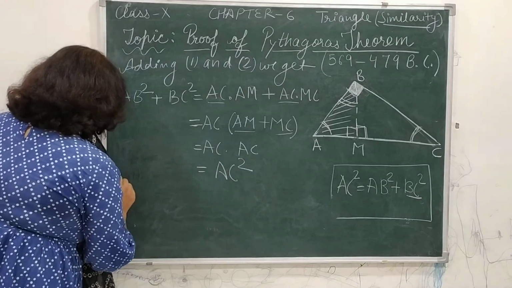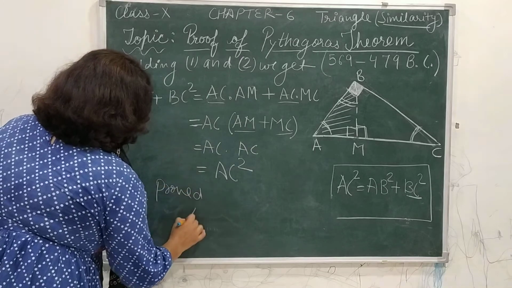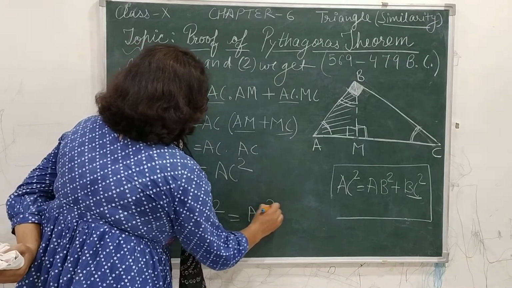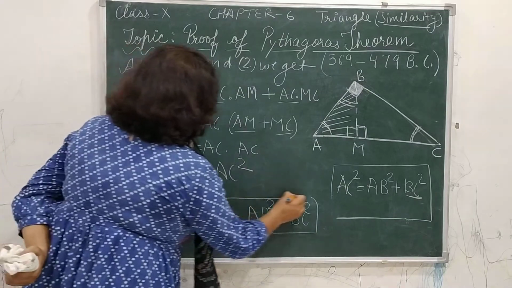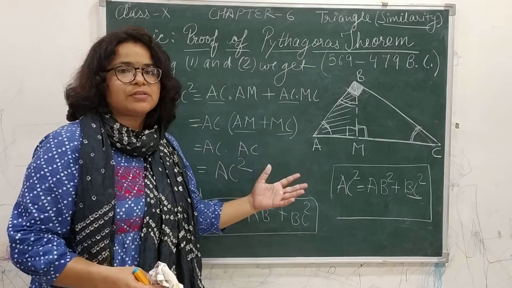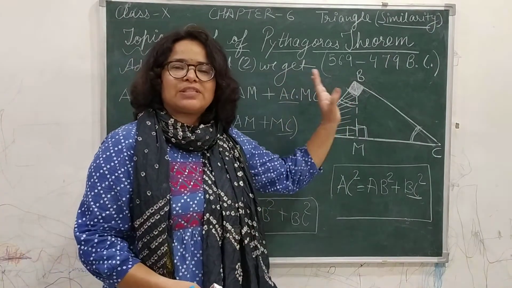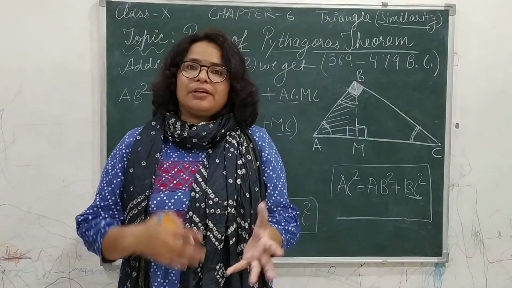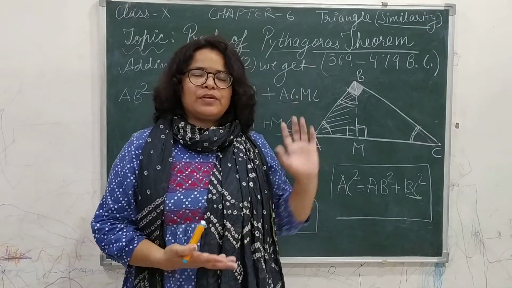So we get the result, hence proved that hypotenuse square, AC square, is equal to AB square plus BC square. Till your 9th class we have used this result in solving many questions. Today we could do the proof of this using the concept of similarity of triangles. So you can understand the similarity of triangles is useful in mathematics also. Pythagoras used it so many years back to prove his result.